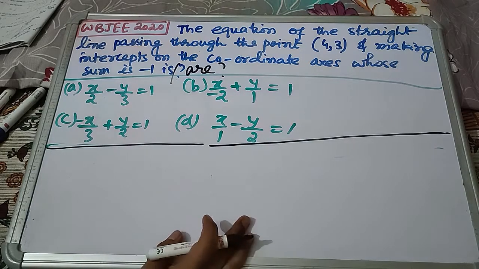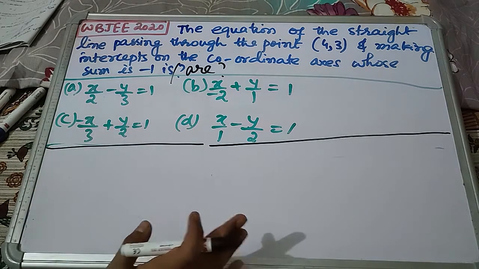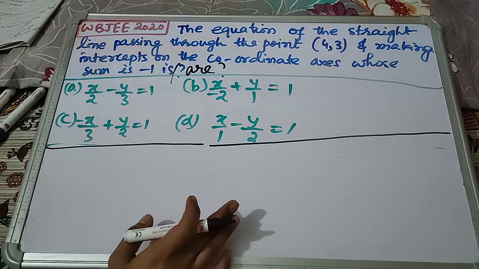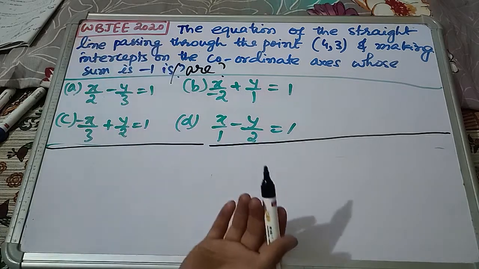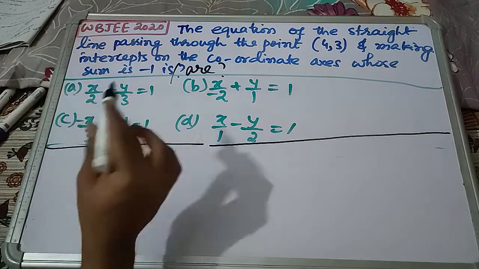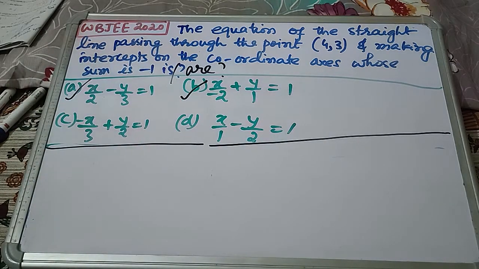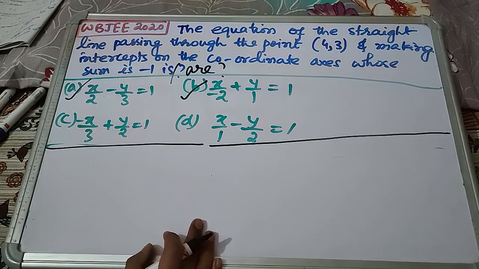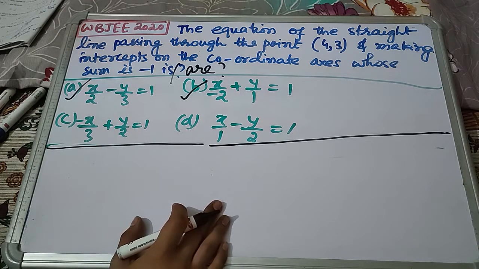So one thing you can do is put 4, 3 in all the options and check the sum of intercepts, whether it gives minus 1 or not. So this is one option that is actually a no brainer, and you can find it easily. If it saves time in your examination, follow this method. Following that method or any correct method, the answer will be A and B. But now let us go through a formal way, because the value putting thing you can also do, but if you want a solution and discussion on the formal way, then watch ahead.